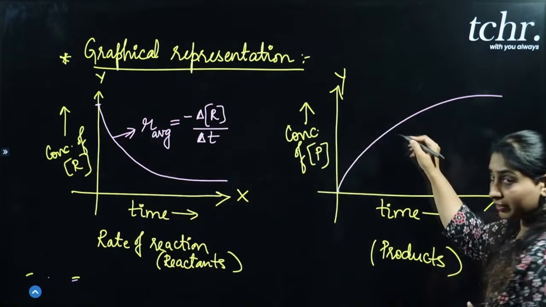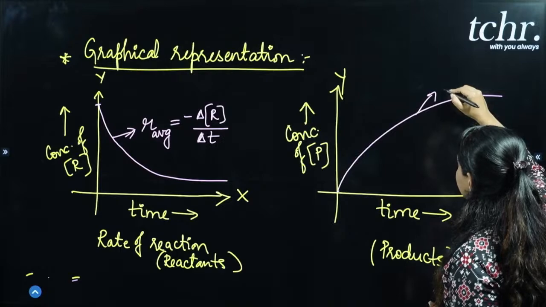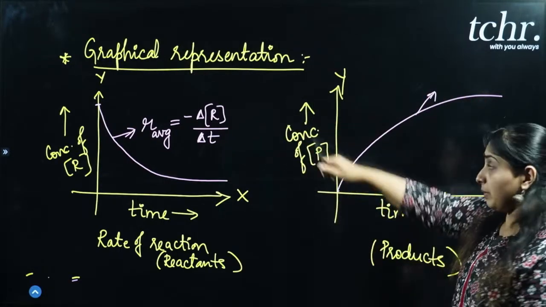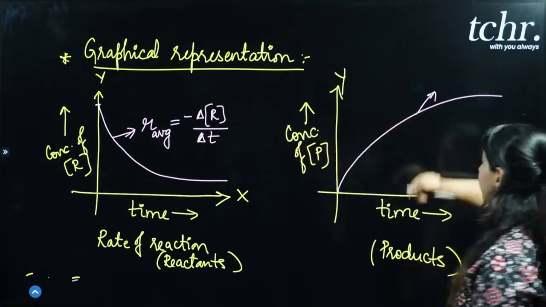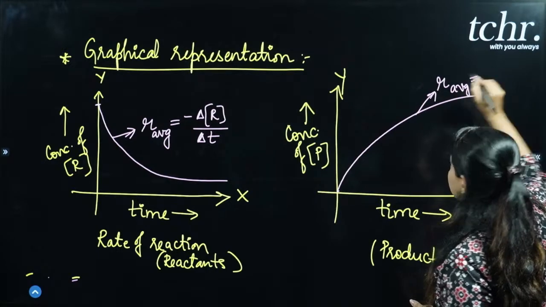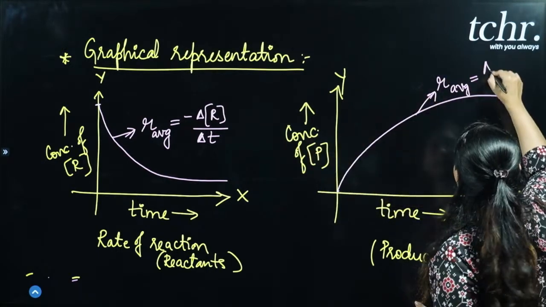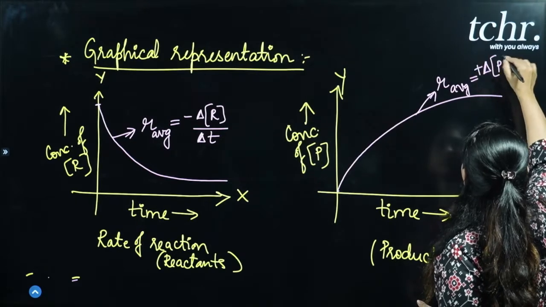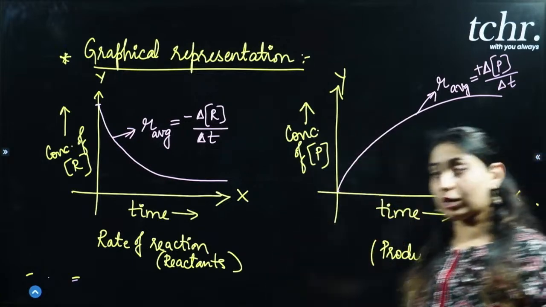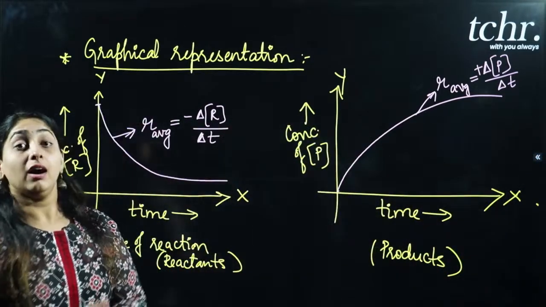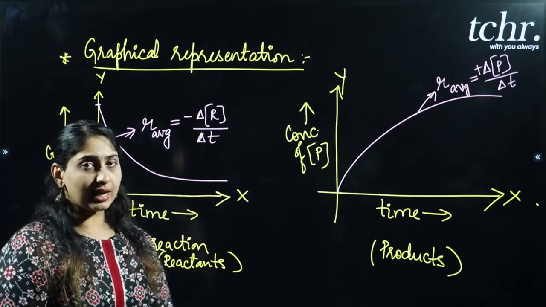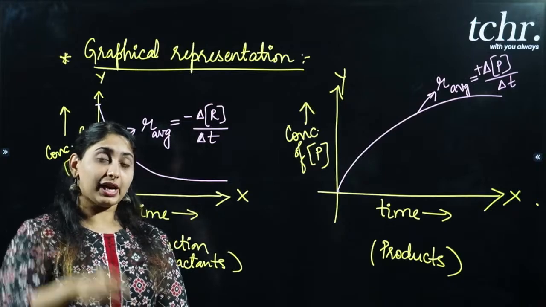Similarly, this curve here also represents, since we have taken reactants here, the change in the concentration of reactants. In the same way here, can you tell me the average rate of the reaction, how is it represented? It is represented as plus change in concentration of products divided by the time taken. So this is a plot to tell the overall or average rate of the reaction. But if I ask you how to find the rate of the reaction at a particular time,